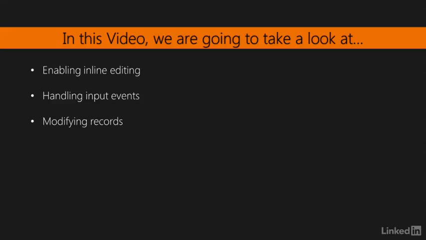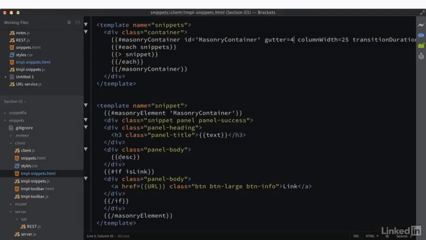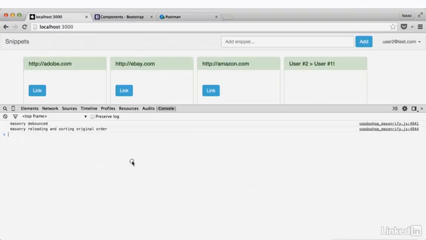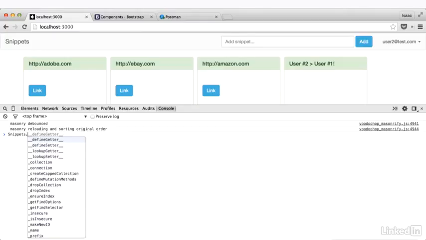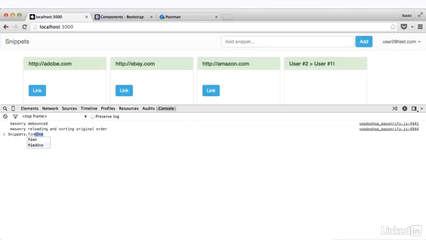screen. If you remember from our last video, we had added a desc, DESC, inside of our panel body. This is a new property, and we're going to show you what that looks like if we were to display it. So first thing we're going to do is find one of the existing snippets. We're going to do a find one in the console here, and it looks like the adobe.com link came up. We're going to grab the object ID there,